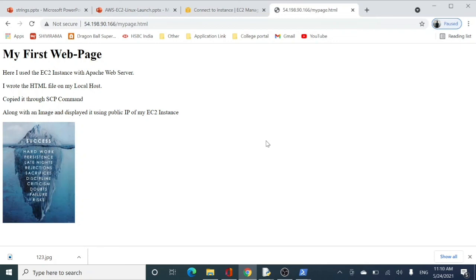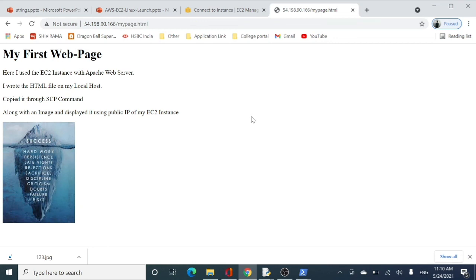And this is what was written in my HTML file. It is my first web page, and here I used the EC2 instance with Apache web server. I wrote the HTML file on my local host along with this image, and copied it through the scp command that I have shown you already. It is displayed with the help of the public IP of your EC2 instance.